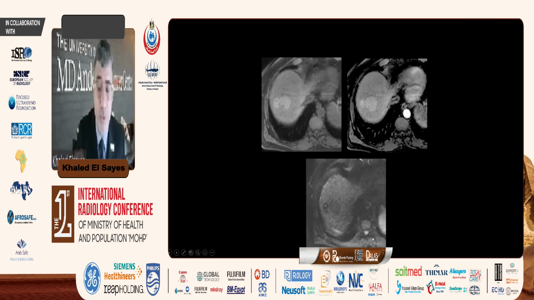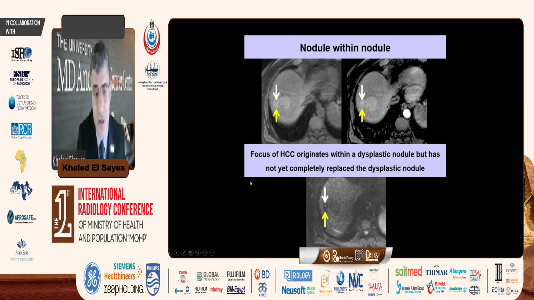This is another very important ancillary feature. As a matter of fact, this is actually definite HCC. This is nodule in a nodule. Why am I saying it's definite HCC? Because when you measure it, you measure the whole observation, not just the central nodule here. The central nodule is demonstrating arterial phase hyperenhancement if you focus, if it projects well on your screen. It shows very well here the central nodule as hyperintense with arterial phase enhancement, and you measure the whole observation, it measures more than 1 centimeter, then this is LR5.